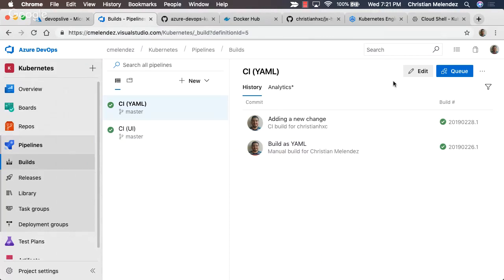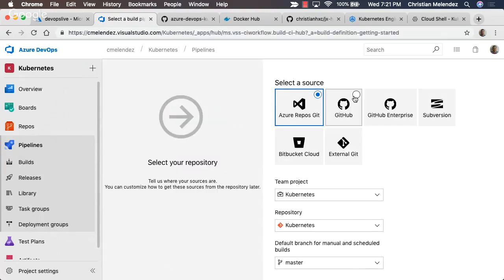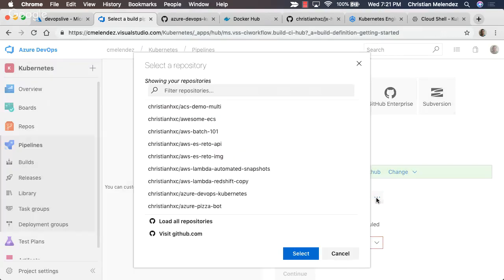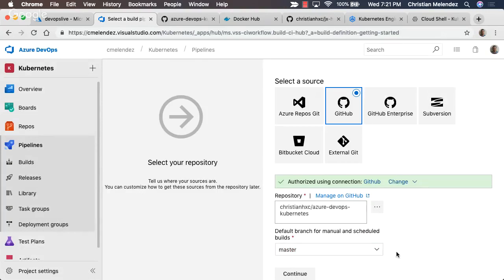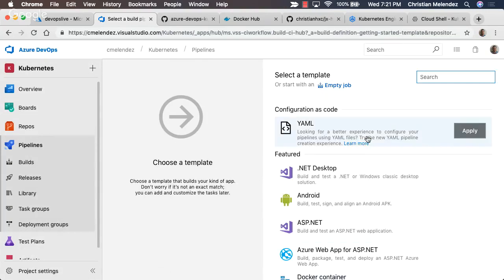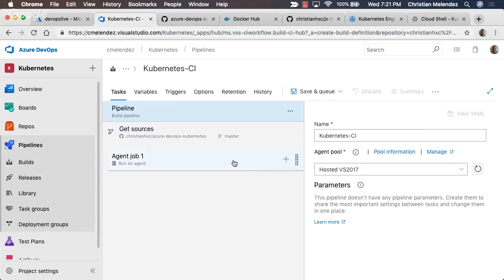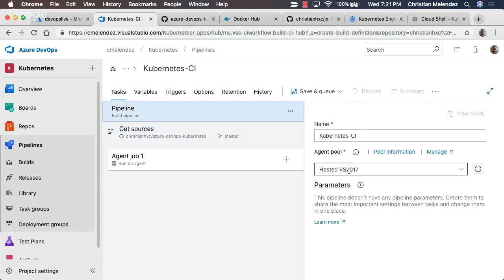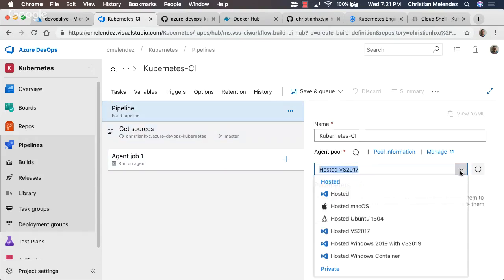That's basically pretty much what you can do here. If you want to create a new pipeline, it will be as easy as this. You can choose the GitHub repository, because I already have this integrated. I just choose the repository, then the master branch, for example, click continue, empty job, and then you will be adding those. You will define which agent you will be using by default.